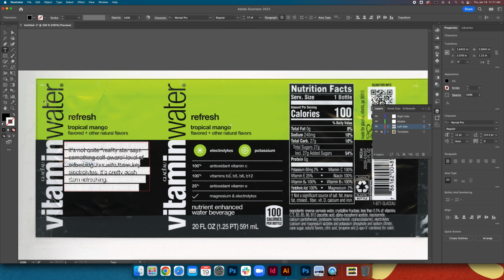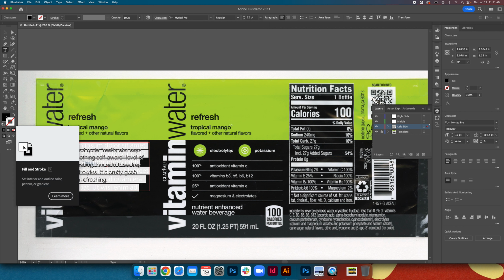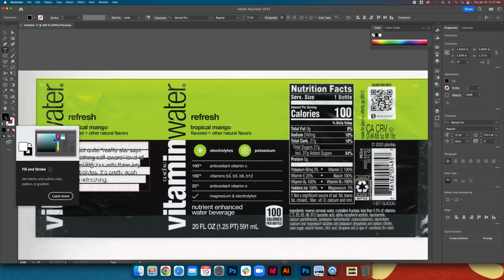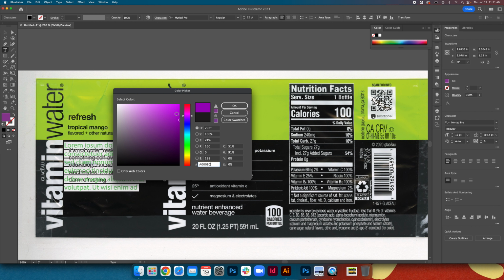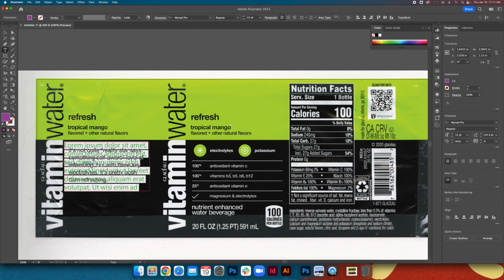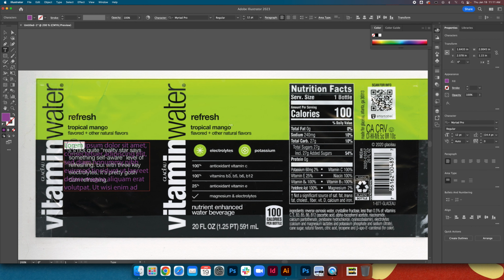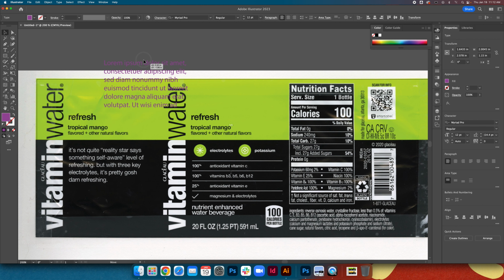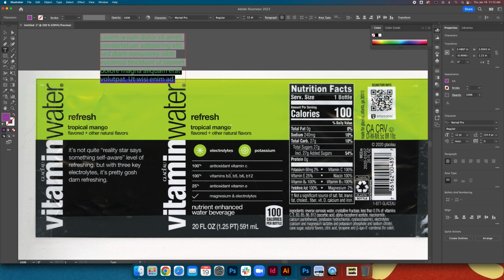Maybe for you right now, the easiest way to be able to see everything, right? Remember that text is filled with a fill color, is to change it to a bright hot neon pink or something that's really easily seen, right? But you're going to want to type everything that's there. So you can do that on top, or you can move this over and then move it and then space it. So I'm going to do it's not quite reality star says space something self-aware